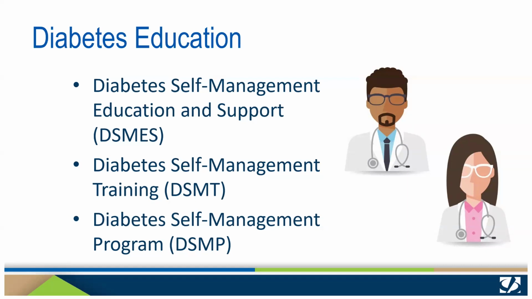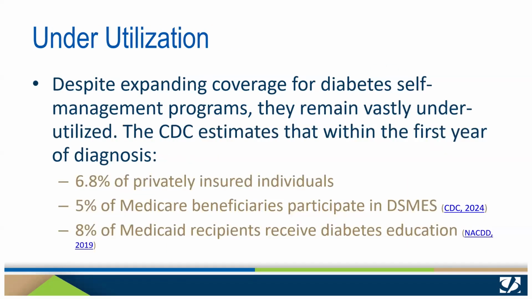DSMP, however, is a less formal 6-week program hosted by peer coaches meant to offer healthy coping mechanisms and support. Despite these programs being widely available and the coverage of them expanding in the last decade, they remain criminally underutilized. As you can see on this slide, the CDC estimates that within the first year of diagnosis, approximately only 6.8% of privately insured individuals, 5% of Medicare beneficiaries, and 8% of Medicaid beneficiaries receive diabetes education in that first year